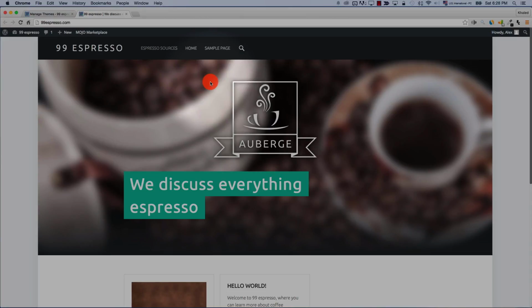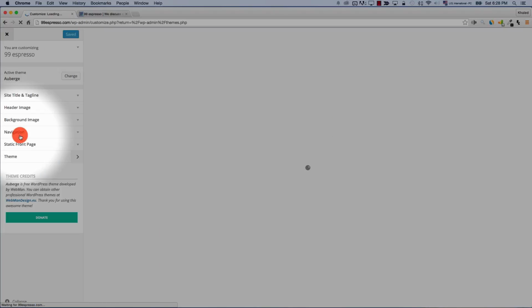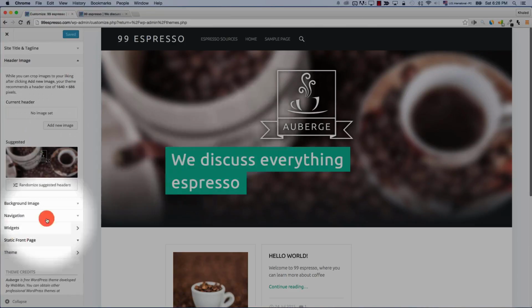And finally, you need to edit your menu here. So let's start with changing the picture here. I'm just going to come back to themes, and I'm going to go to customize. Remember, other themes might be a bit more complicated, but this theme is beautiful and easy, so that's why we chose it. So the first thing is, I'm just going to look to the left here, and I have header image. So I'm just going to click on the image here,